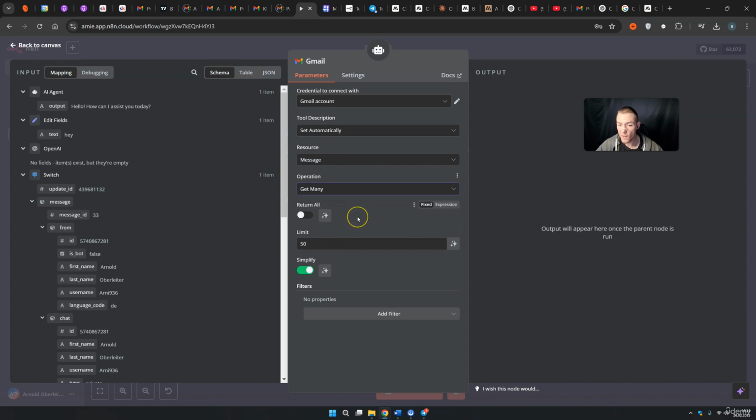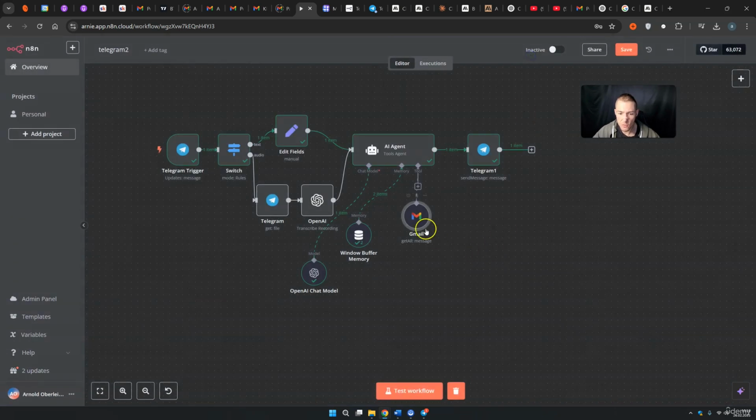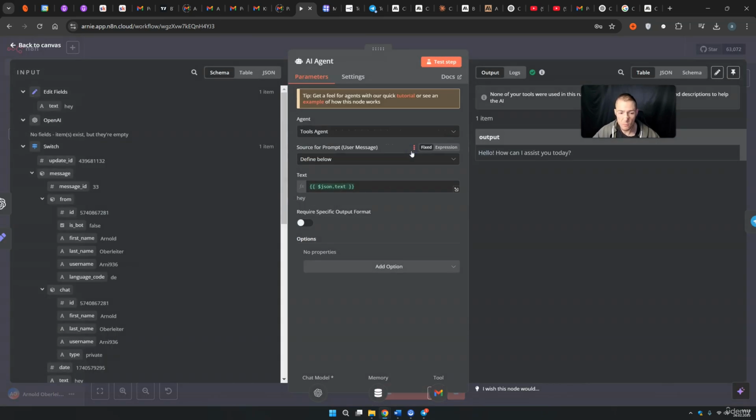Because I want to have here a little bit of a summary of my mails. I do not want to have too much, let's just say maximum of 10. It should be simplified and all of this should work. So right now Gmail is included, and now we go of course into my AI agent once again,